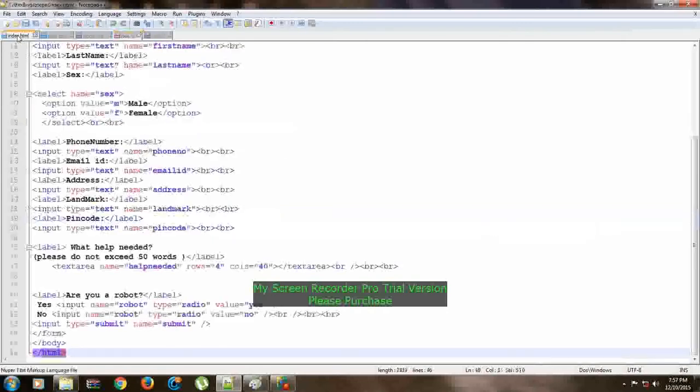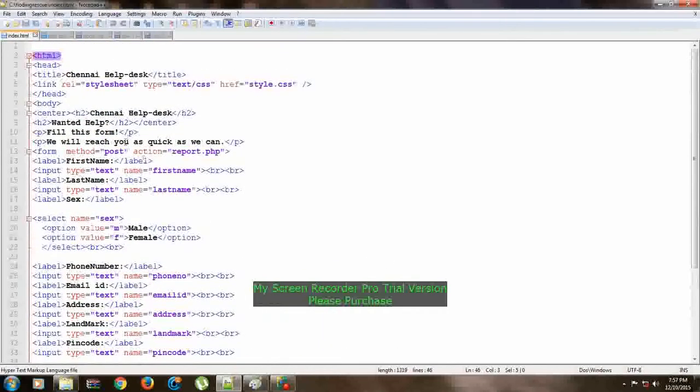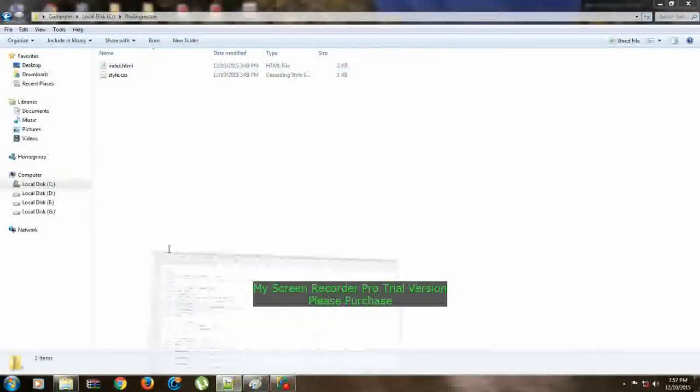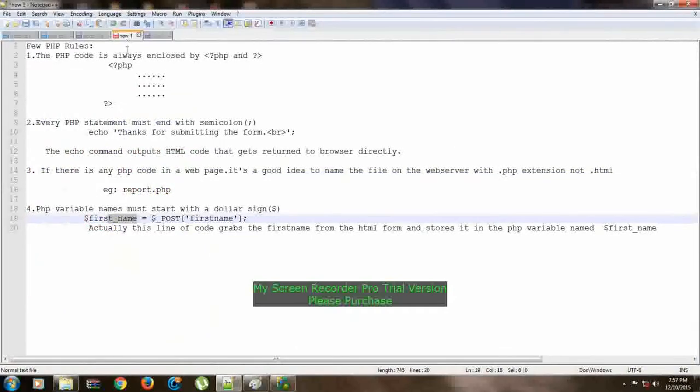What it means is, see here in HTML, this first name, right? So we have a tag, we have a form, and we enter our first name in the first field, right? So that will be saved in this first name, right? So whatever you write in that field will be saved in this first name variable. So that's it.